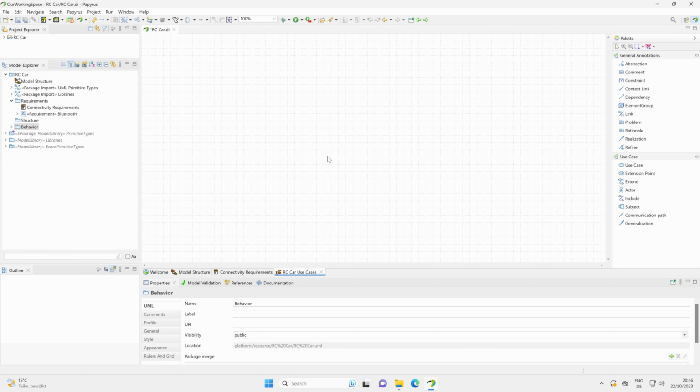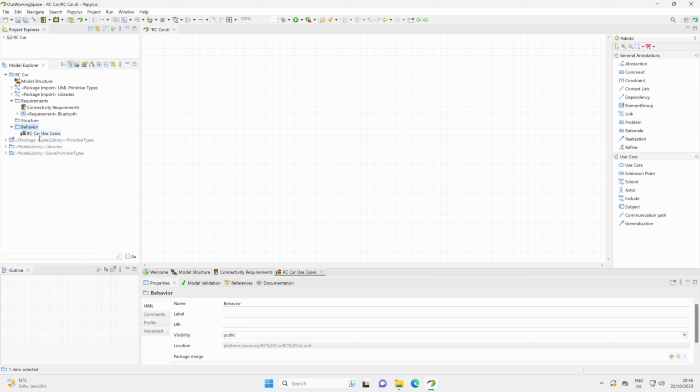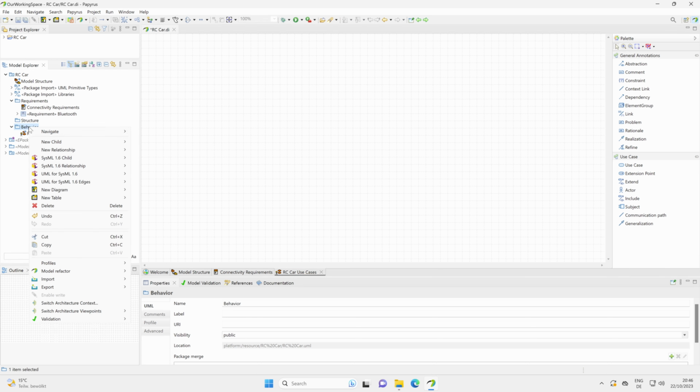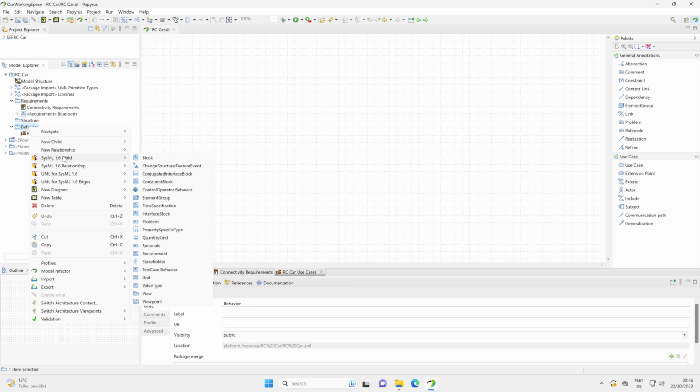We create the diagram, wait until it's loaded, and then we have here our model elements. We need the use case and the actor. And to connect them, the communication path. So now we can select the use case here, or again, when we check it here, the diagram is already here. We can right click on that element and search for the use case here in the SysML or UML